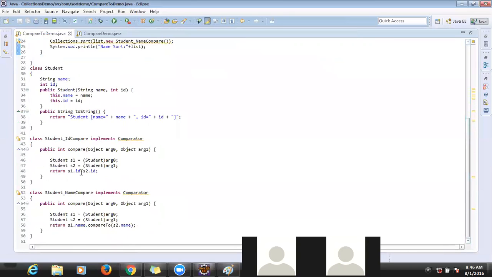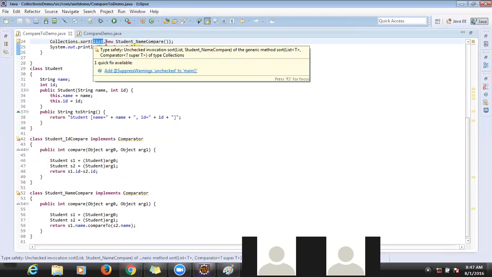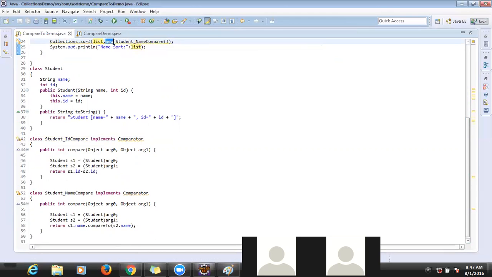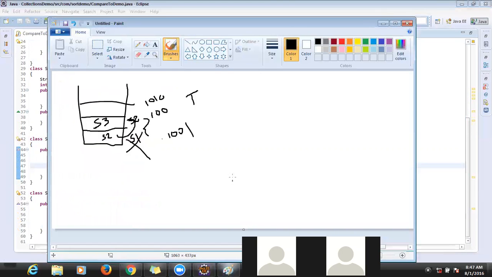See here, right? So the first time, whenever we are adding the elements, all the elements we are adding to the list, right? After that we are calling the sort method. And inside the sort method we are passing the list. Along with the list we are passing some object. So inside this object, what is the parameter of the sorting element basically? Sometimes name and sometimes ID. So far it's clear, right? Yes.